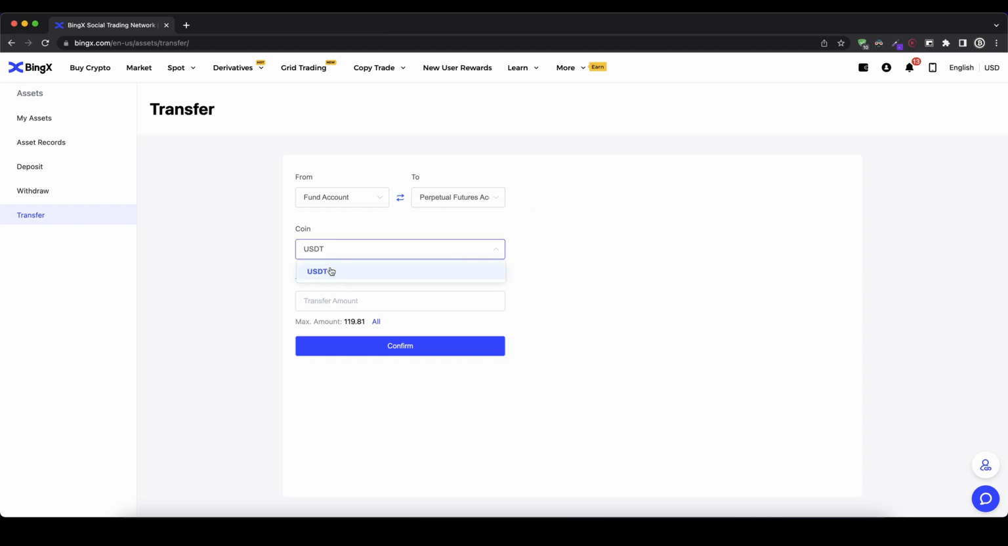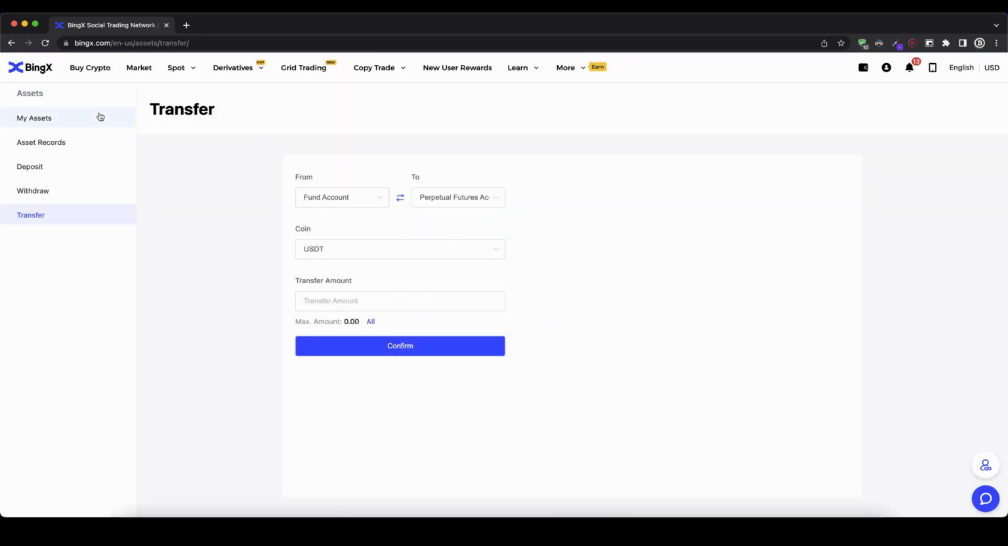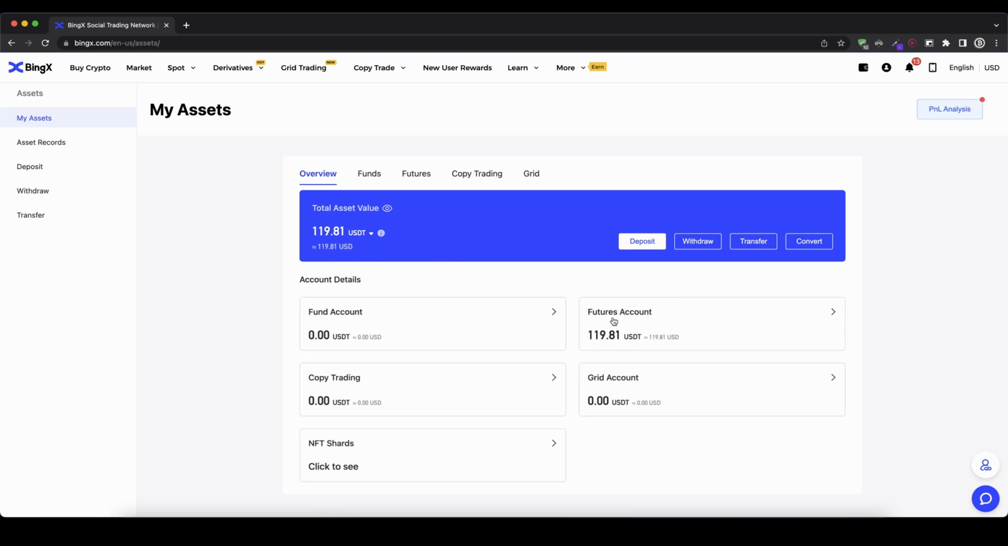And then select the currency, in my case, US dollar Tether. And I can type in the amount. In my case, I'm just going to select all of it, 120 USDT around that. And I click on confirm. As you can see, it's a success. I can cancel it. If I go back to my assets, I can see now the money is in my